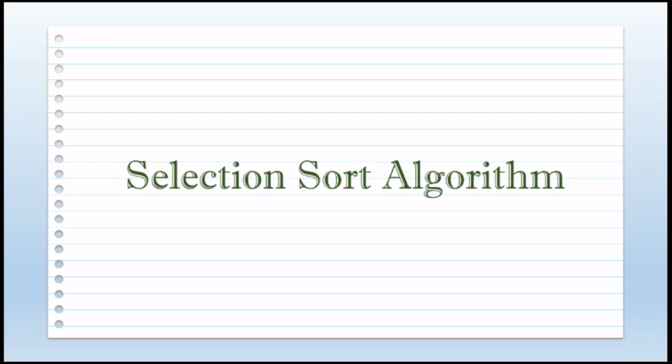In this video, we will see the algorithm of selection sort. Basically, by using selection sort, we try to sort the given numbers in increasing order. In the first pass, we will try to find the minimum number in the given list, and that number will be placed at the first position. So basically, we will exchange the first number with the minimum number.